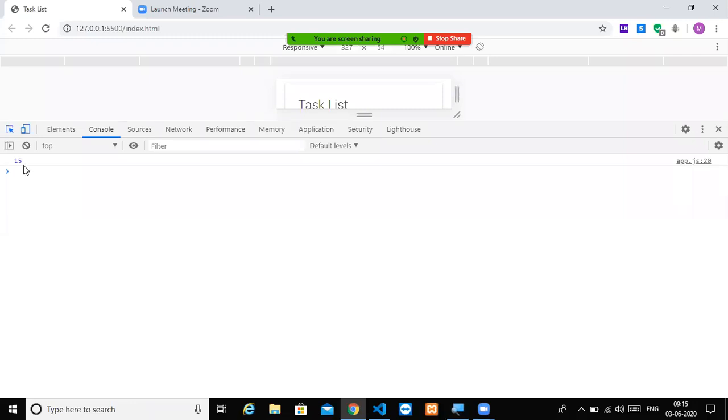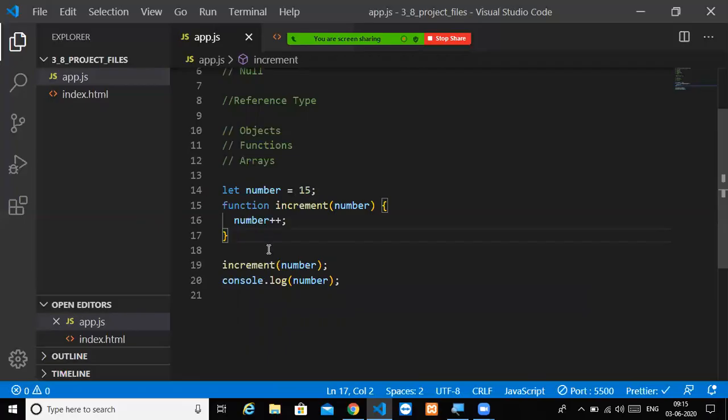Because this value we have taken here, fine, we are passing this particular value, but at the same time, this number is inside this function block, so it will not increment. This particular number will only point to the value where it has been declared. So it will be 15 and it won't be 16. Getting this difference, guys?